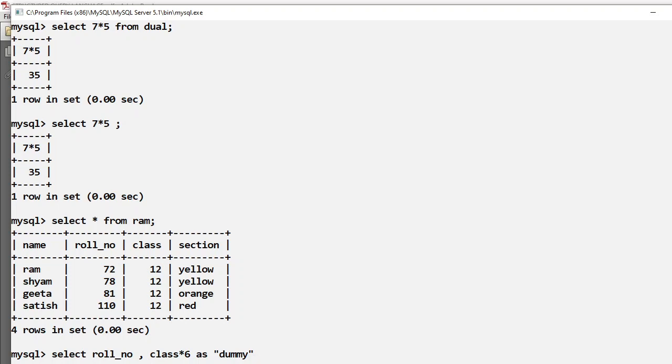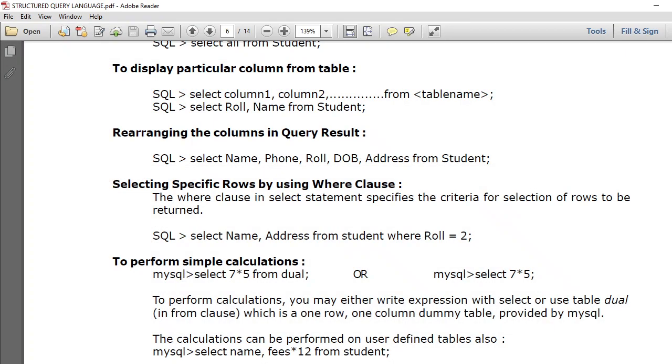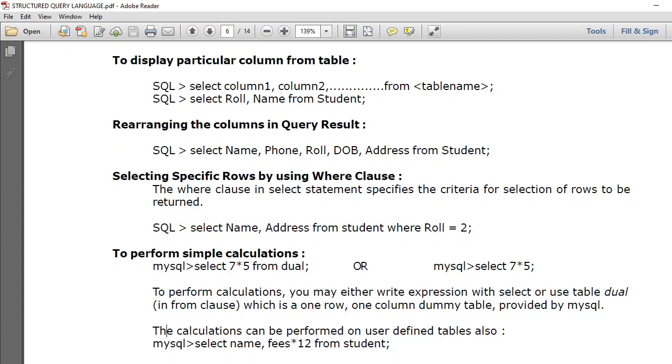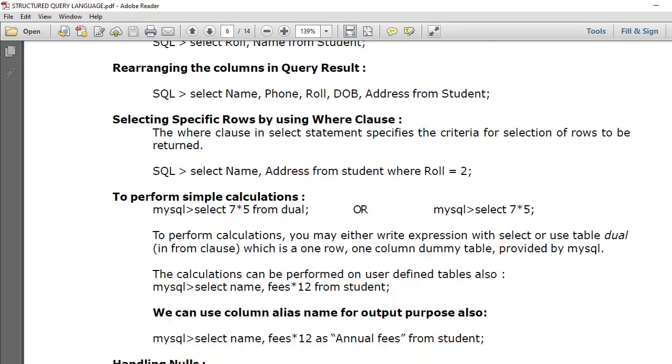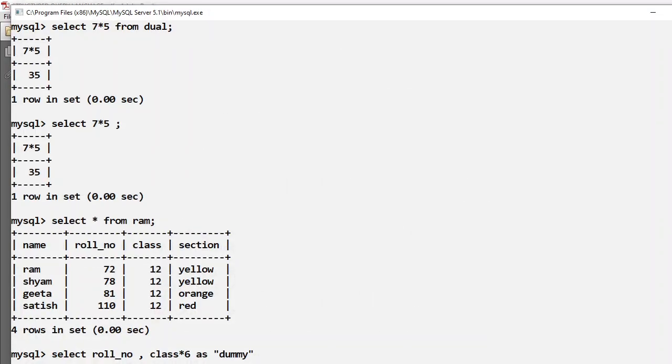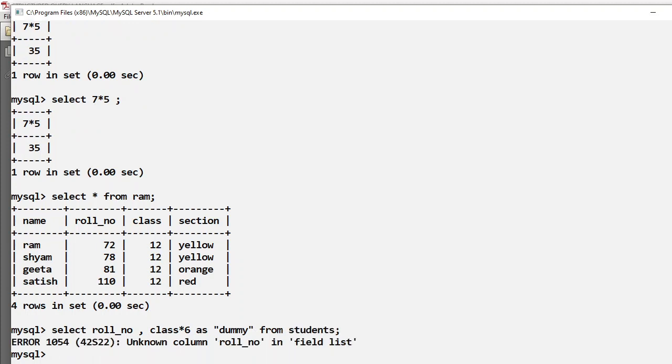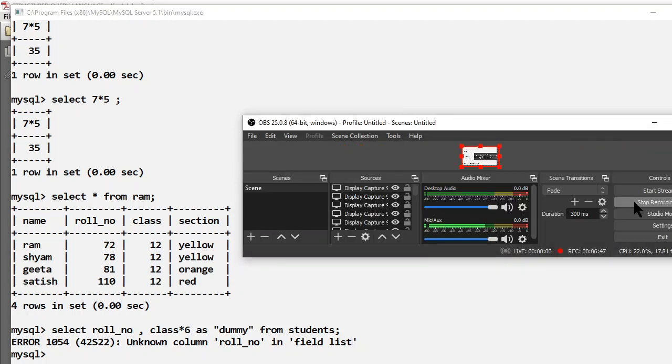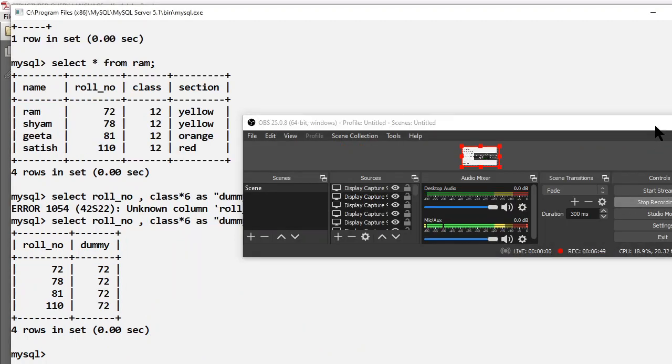So here I will write the command, as dummy from student.